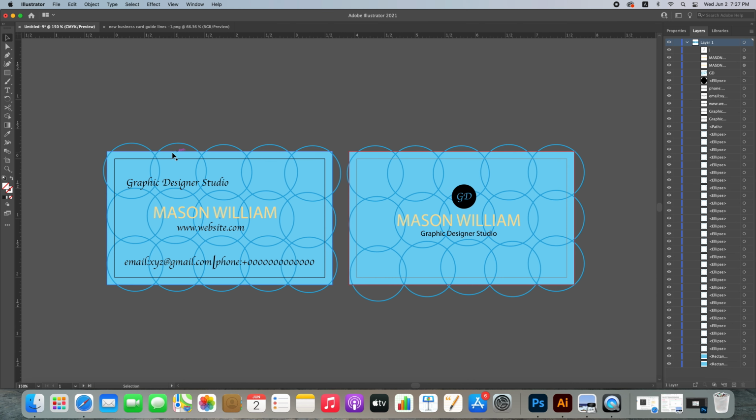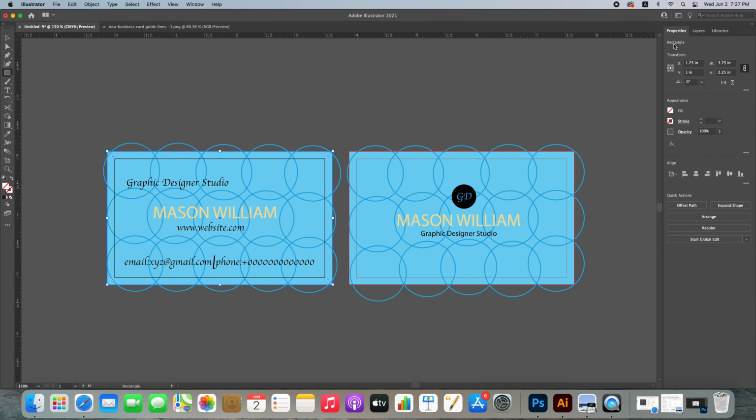You see in the artboards some extra design, so we will clip this extra design in the business card. So how can we clip the extra design in the business card? So just see, from here select this rectangle and draw the rectangle above the business card.